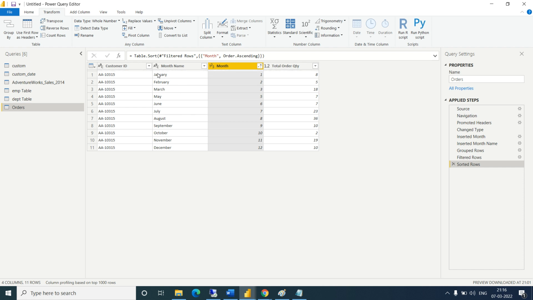Now you can see we got January, February, March in the proper month order, based on this column.